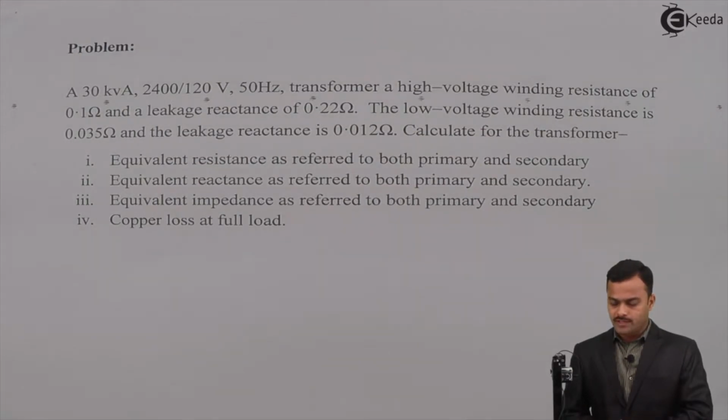2400/120 volt 50 Hz transformer, high voltage winding resistance is 0.1 ohm and leakage reactance 0.22 ohm. The low voltage winding resistance is 0.035 ohm and the leakage reactance is 0.012 ohm. Calculate for the transformer first